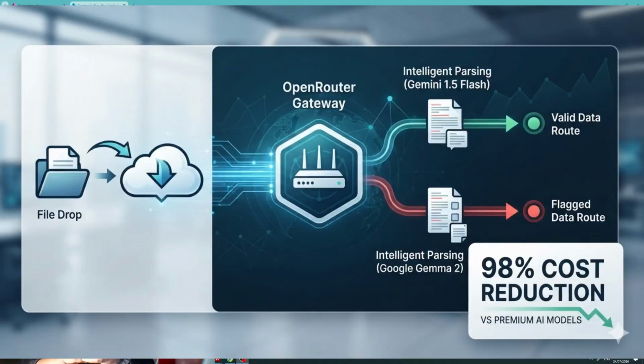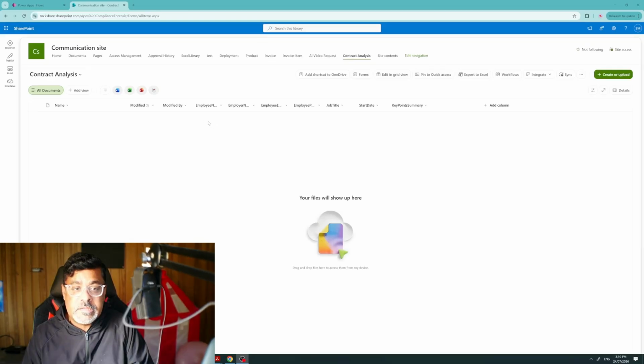The moment a document signed by the employee lands in this document library, we have a Power Automate flow behind the scenes which triggers on every document landing here. It goes through the documents, passes them into OpenRouter and calls Google Gemini 2.5 Flash, passing the item's file properties: employee name, employer name, contact details, and then a key point summary as well if there are some important clauses present